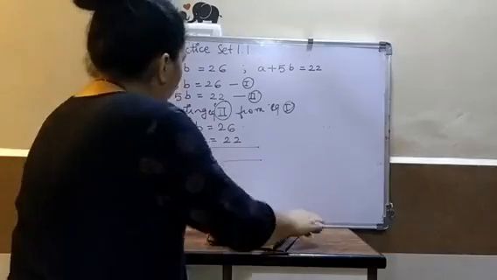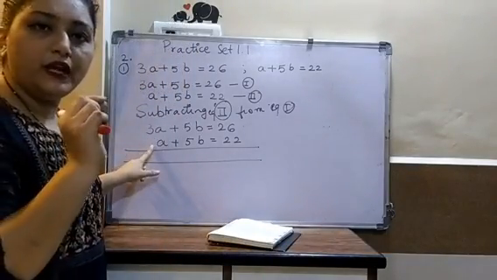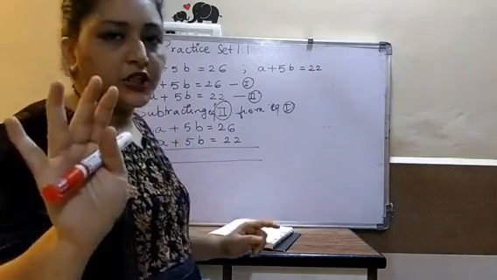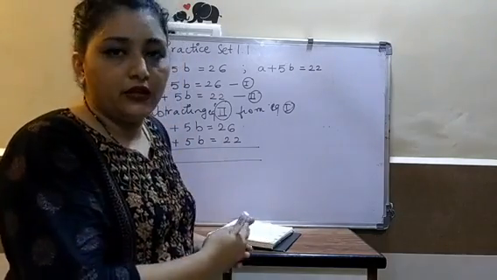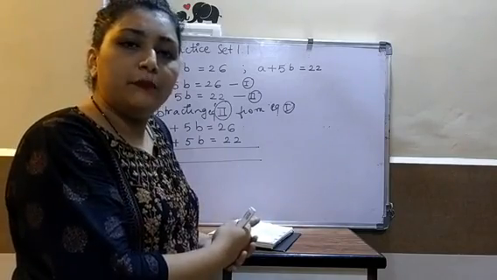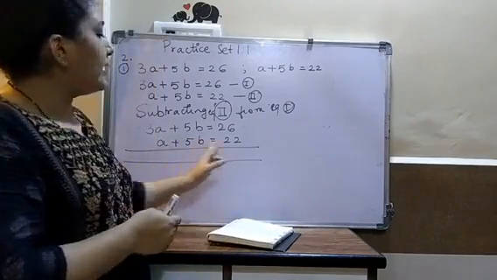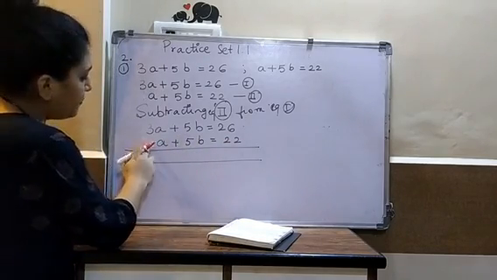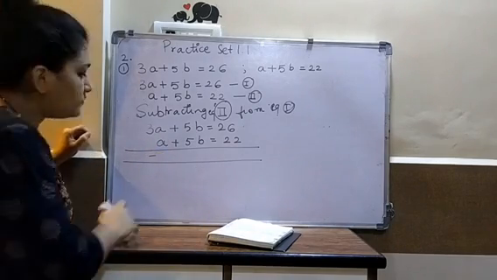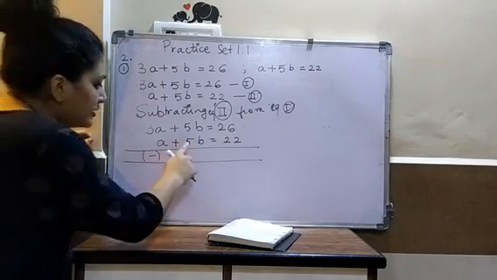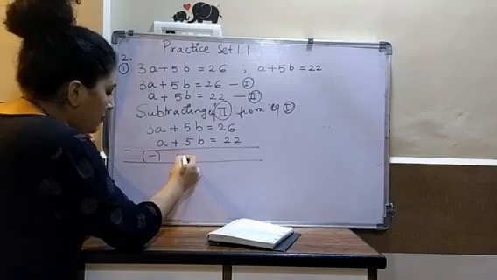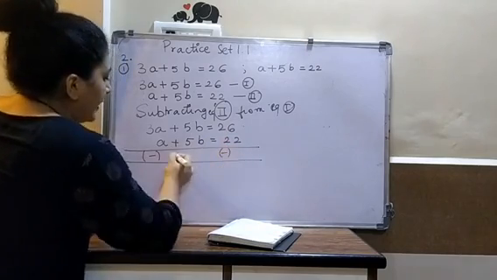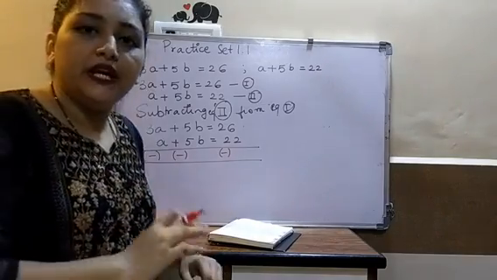So here also, this is your second equation. So every sign of the second equation will change if you are doing subtraction. If we were adding, nothing would happen, but we are subtracting this. So at the time of subtraction, all its signs will change. So this is plus a, right? Plus a. Then this will become minus a. Okay, so I will make a bracket around this. This is plus 5b. Now it will become minus 5b. And this is plus 22. It will become minus 22. Okay, so these are your changed signs.